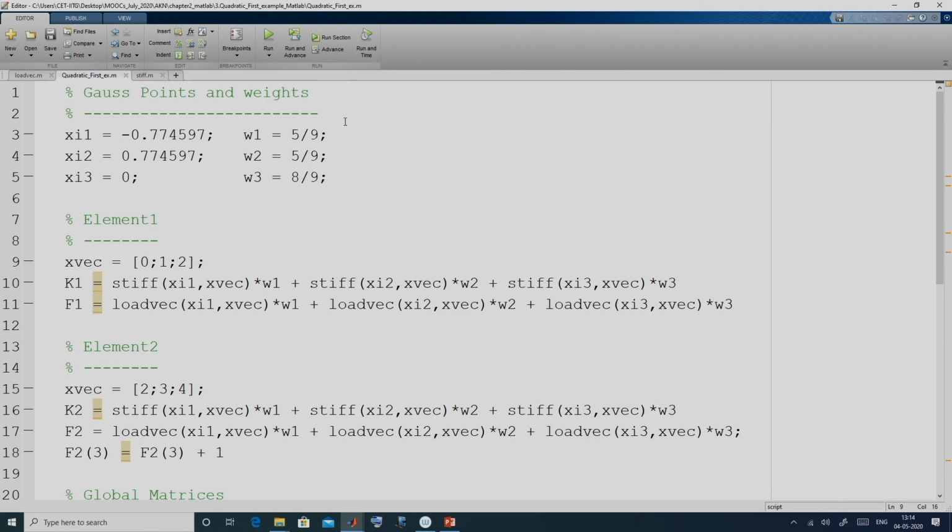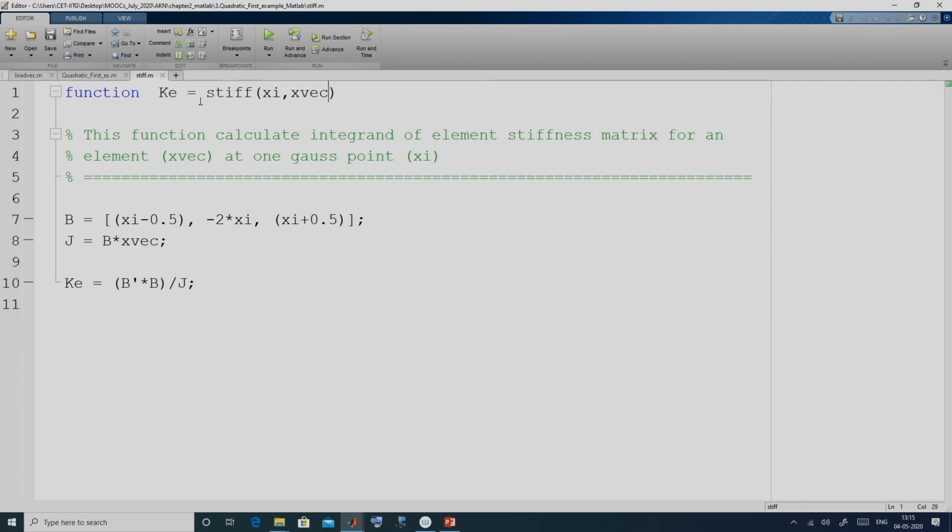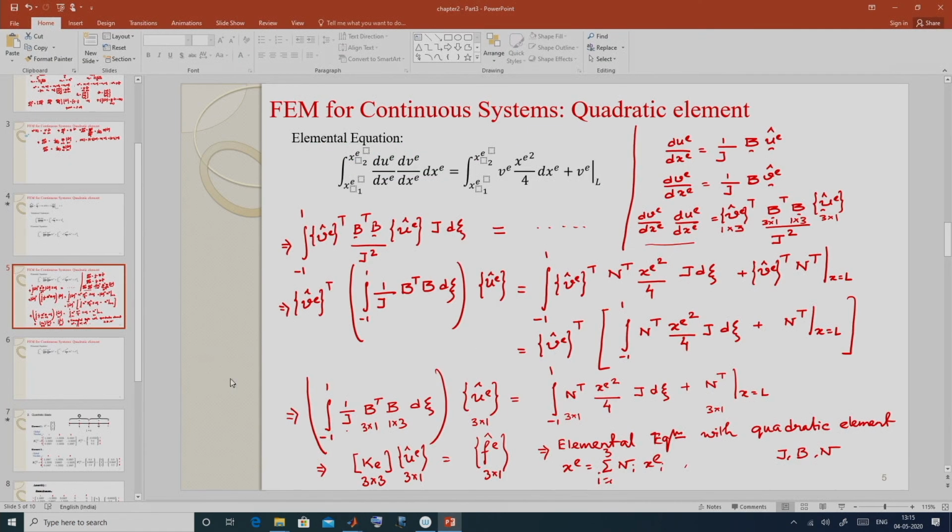Now, for this problem we have used 3-point Gaussian quadrature. If you see the table, then 3 Gauss points are this and these are the corresponding weights. So, this stiff is calculating this integrand.